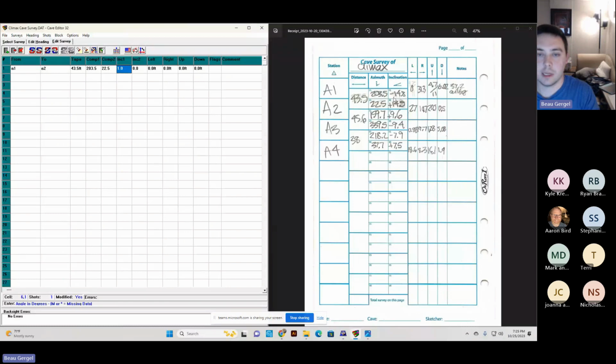Inclination was negative 14.8. Back sight of inclination was 14.5. And then left was 0. Right was 31.3 feet. Up was 4.7/11. We're going to put always the higher value there if they use slashes. And then down was